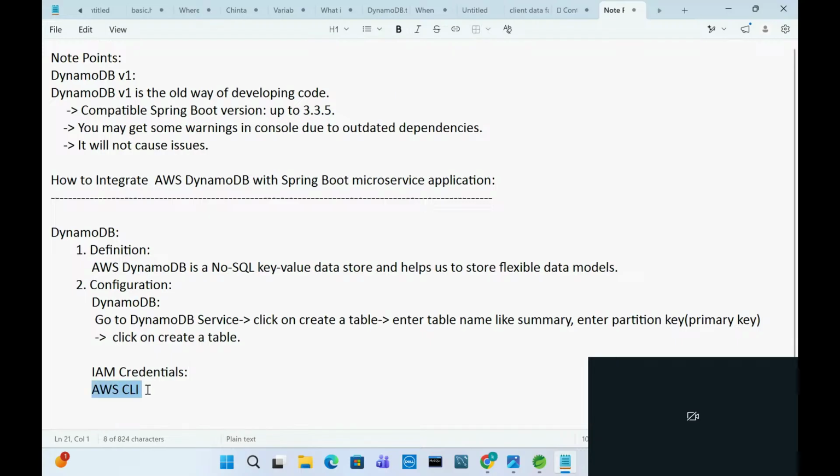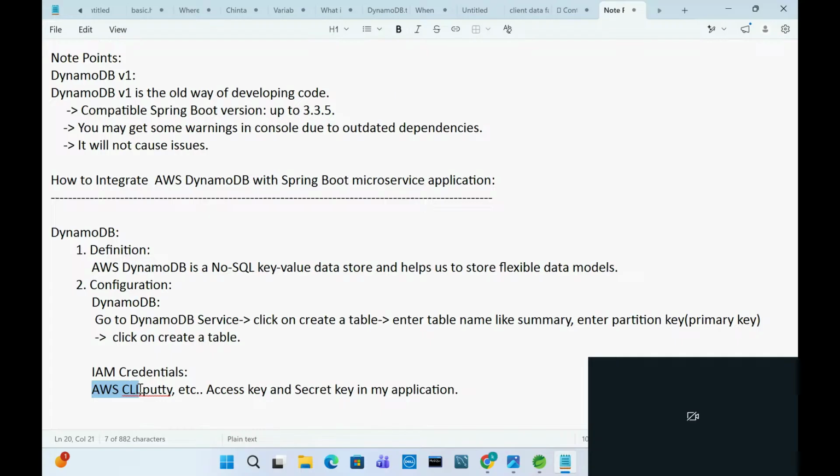We can use multiple tools like AWS CLI, Putty, etc. But in this video, I will add code. I will add the access key and secret key in my application. In the next video, I will use AWS CLI